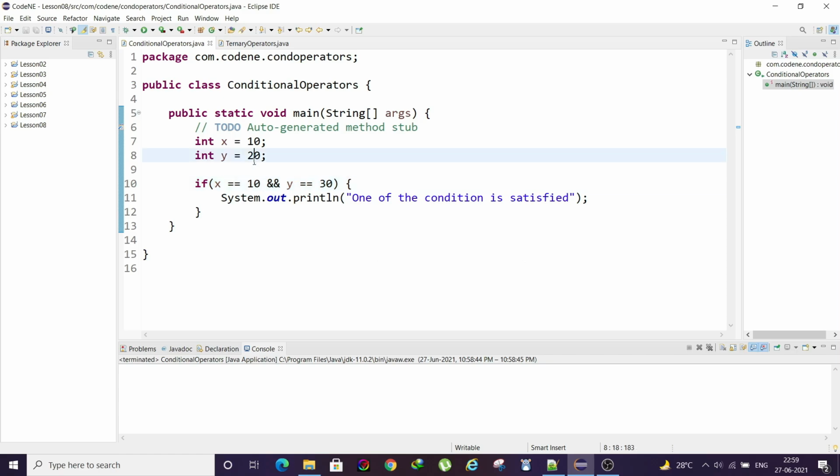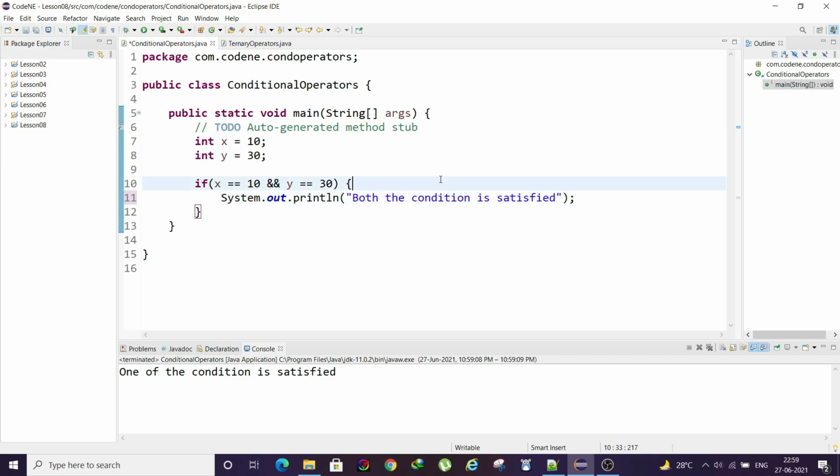So if I make y equal to 30, for example, and then run this, now we can see that this block of code is run, and we can see the output. Both of the conditions are satisfied.